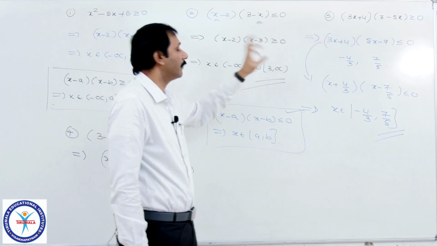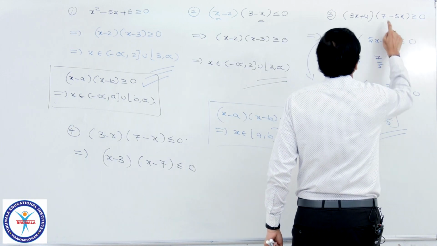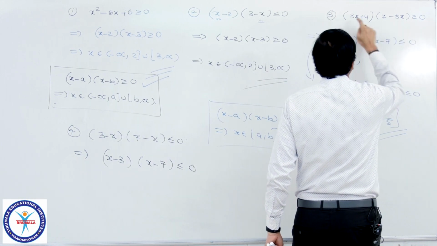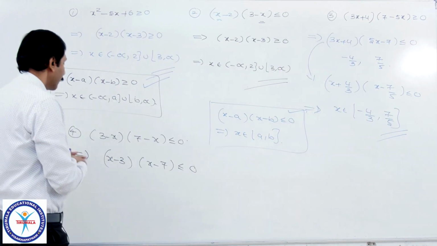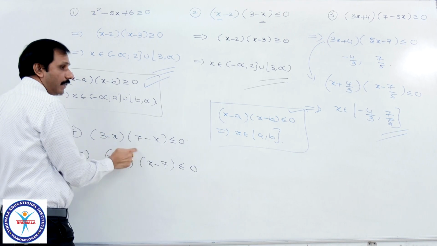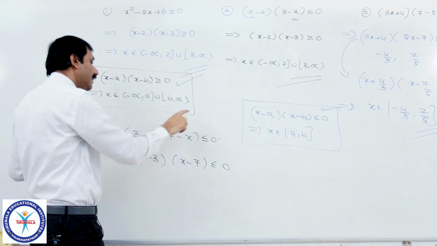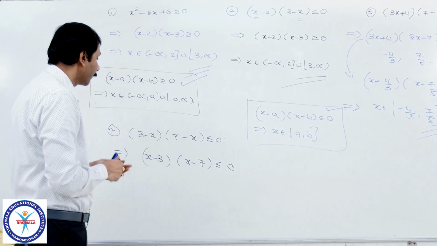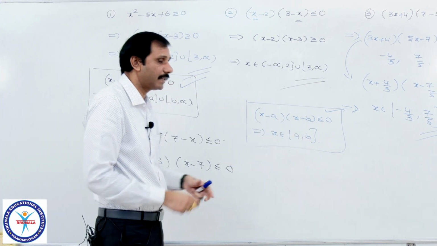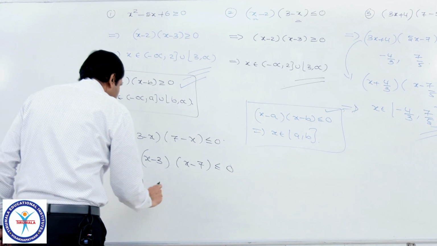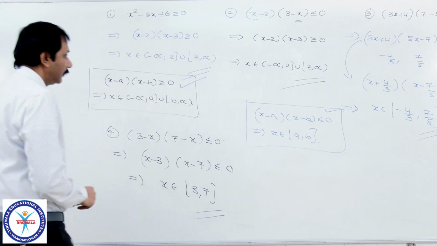Therefore, the inequality less than has become greater than. Whereas here also greater than has become less than, because only one coefficient of x is negative and one positive, which means I am multiplying with only 1 minus sign. Whereas here, the coefficient of x is negative in this one and negative in this one, therefore multiply with a minus sign for this one and a minus sign for this one. 2 times means that the inequality will remain the same. It is of the form (x minus alpha) into (x minus beta), or (x minus a) into (x minus b), less than or equal to 0. That implies x belongs to [3, 7] will be the solution.